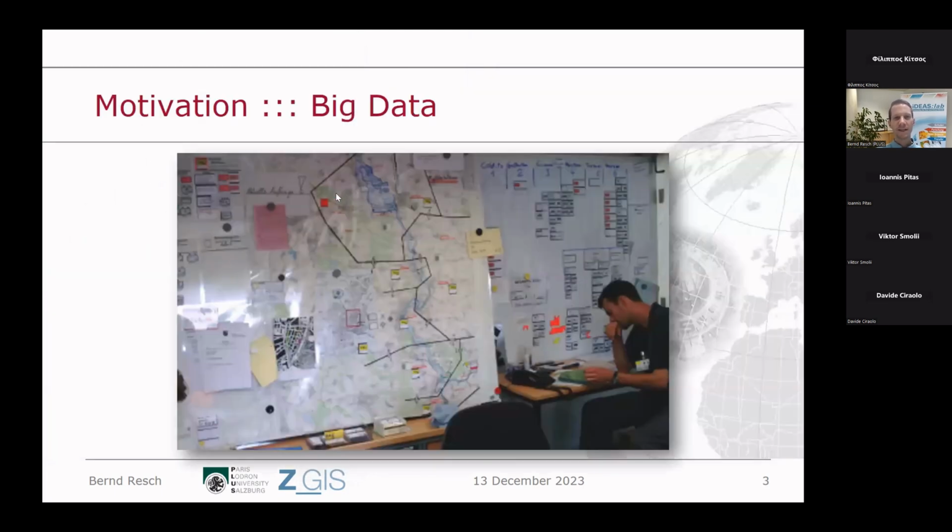Let's go from the data side to the application side. I'm always reluctant to show this picture, but then again, it's 16 years old. It's from the Cologne floods in Germany in 2007. And what we see here is a real disaster management process. And what people did here was to just basically print out a pretty much gigantic map, then pin it to the wall, and then just do different things with it in an analog fashion.